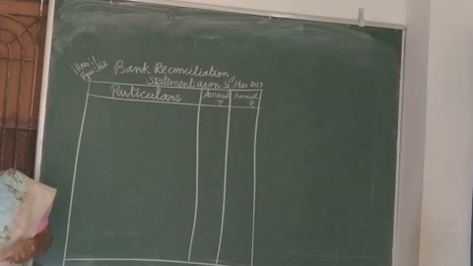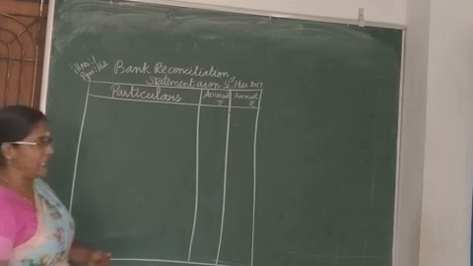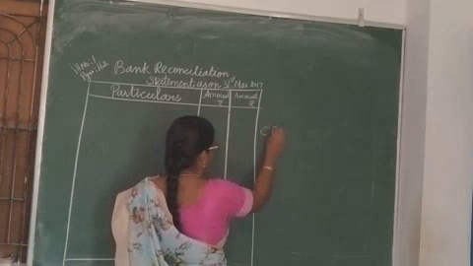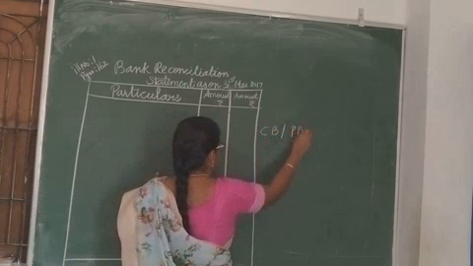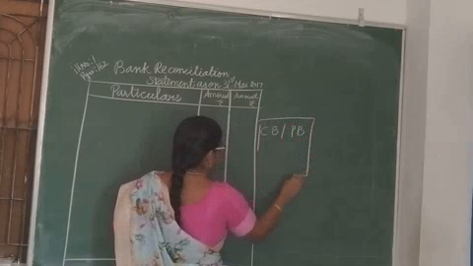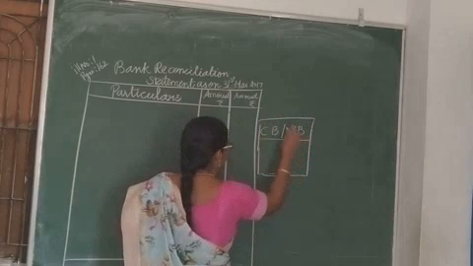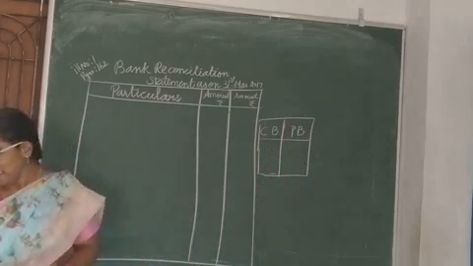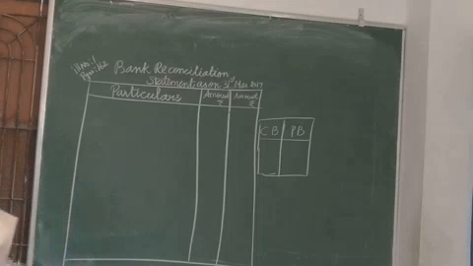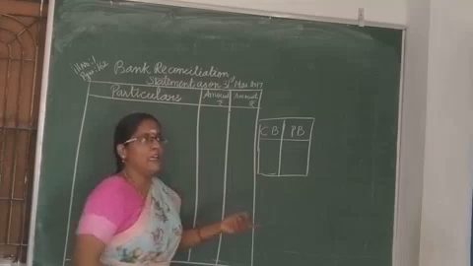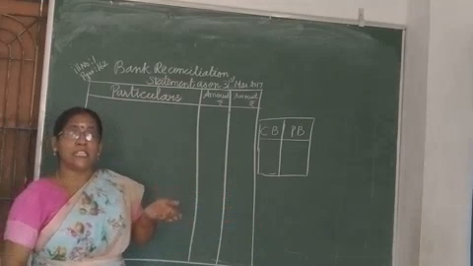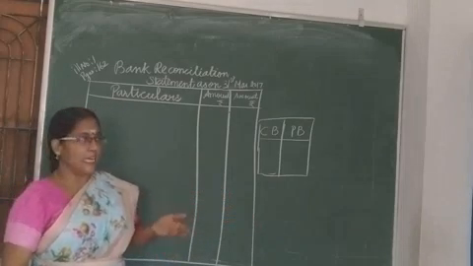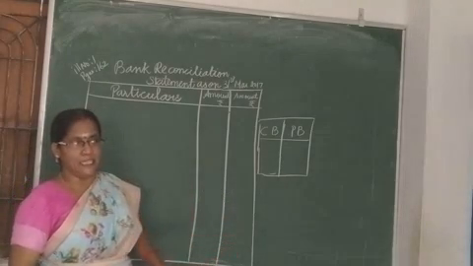So, check deposited. See, for this sum, you should write cash book and passbook in a separate box. Are you clear, girls? What are all the things you want to add? What will be the effect? We can think and do. See, cash book and passbook. Here, passbook balance as per first case we have now seen. In that first case only we are going to apply in this sum.